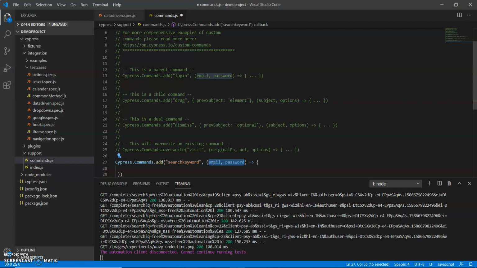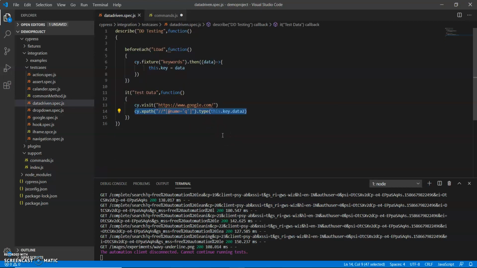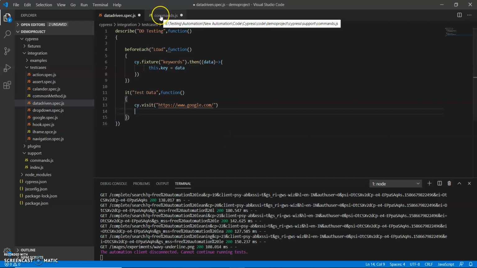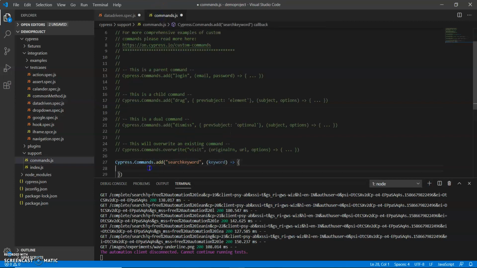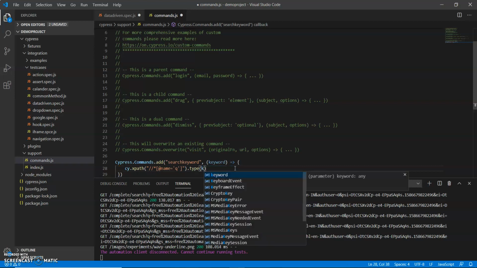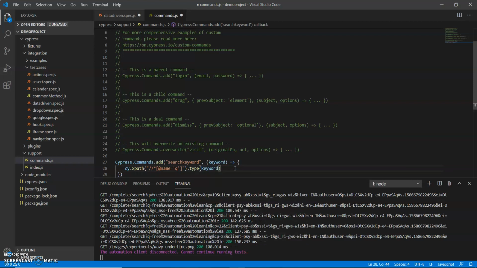So I use keyword, then I go and copy the syntax and write it over here, and here I will pass keyword and save this.